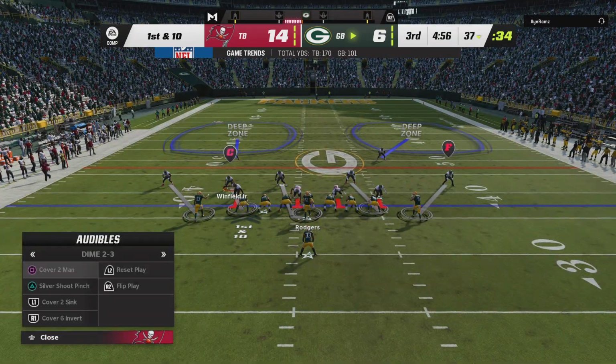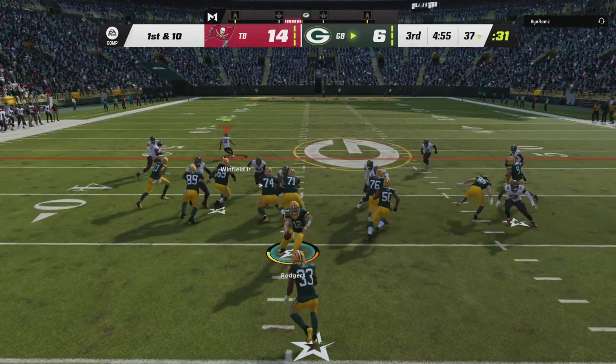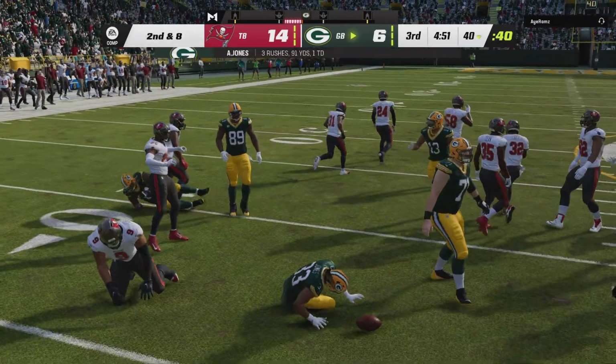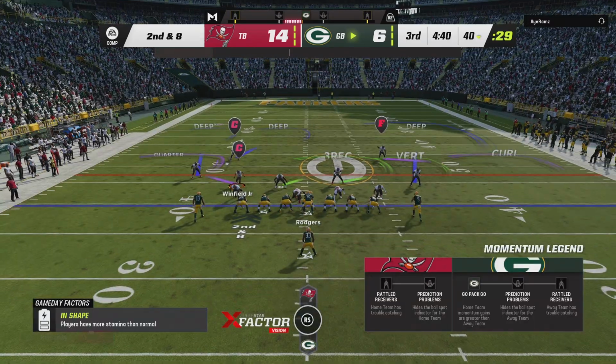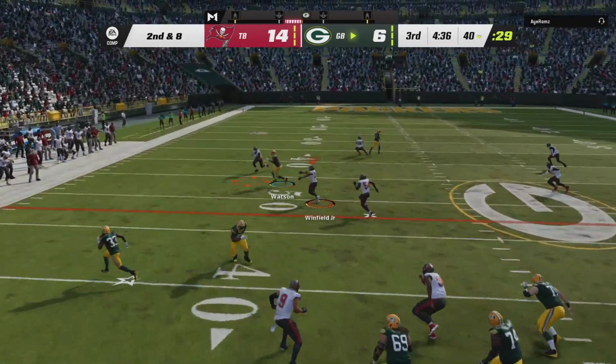About set to get this drive started, the Green Bay offense at the line. Charles, we saw a pretty entertaining first half, close ball game. Remember there toward the end of the second quarter, the opposition scored to take the lead. Now we'll see if these guys can get a score of their own to regain that lead. Yeah, they want to have that type of a response, don't they? Because they want to find a way to...